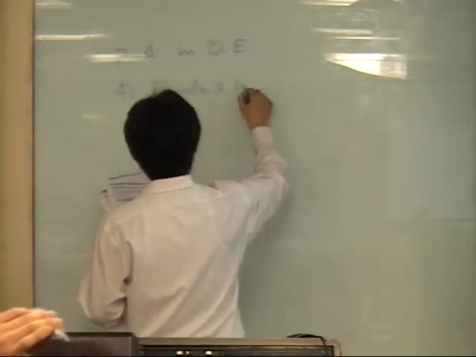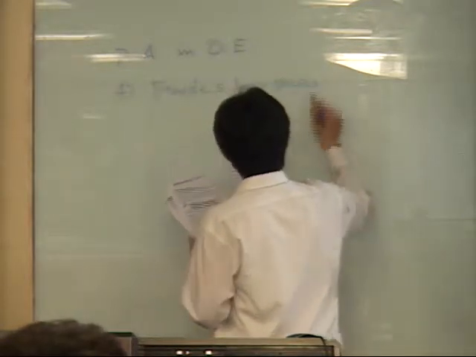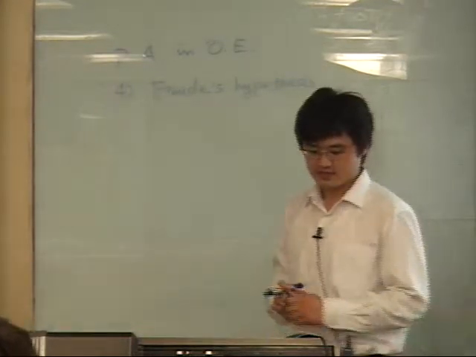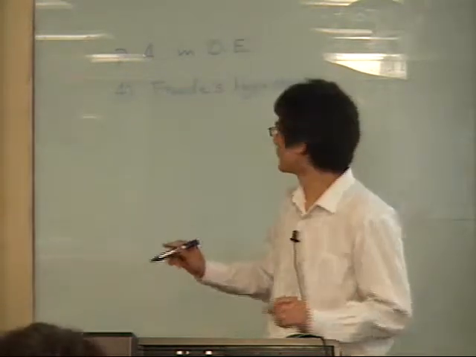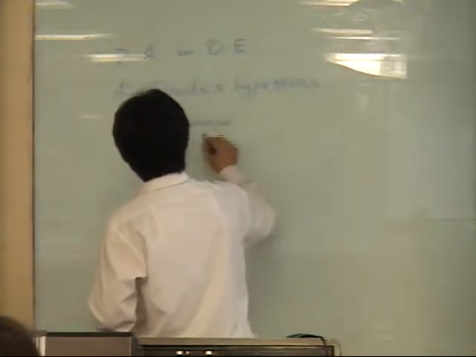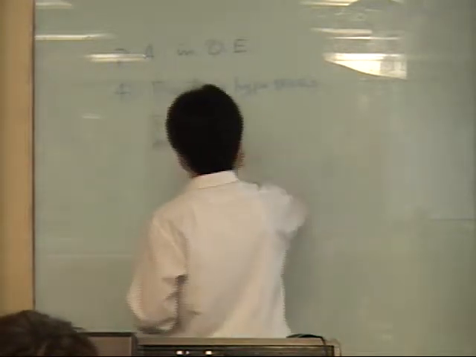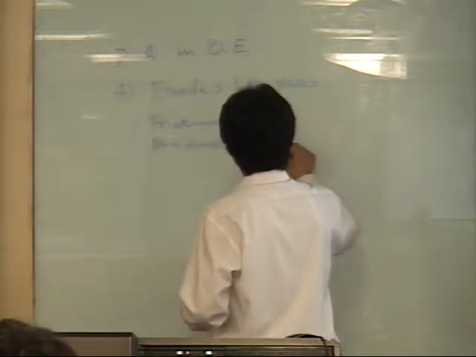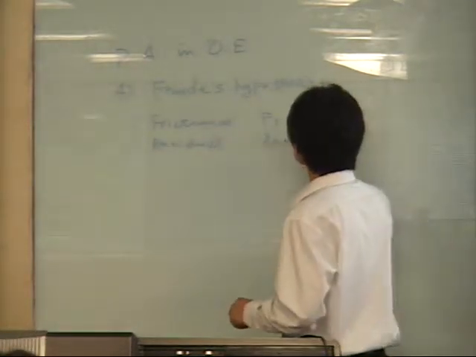Froude's hypothesis. What does it say? If we're doing ship resistance, you can separate the resistance into two parts. One is frictional, one is residual. One depends on the Froude number, the other depends on the Reynolds number. And he's assuming that the Reynolds number